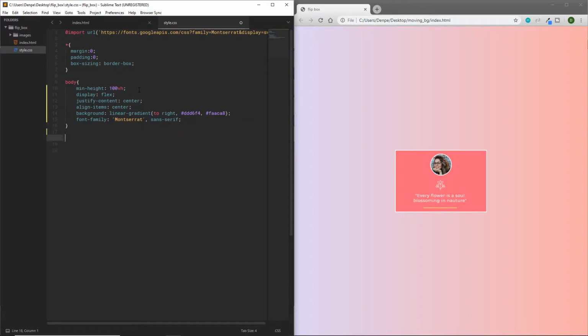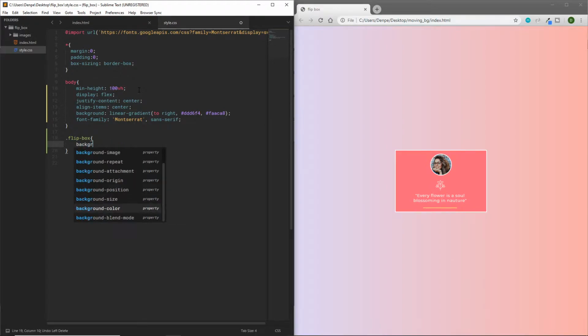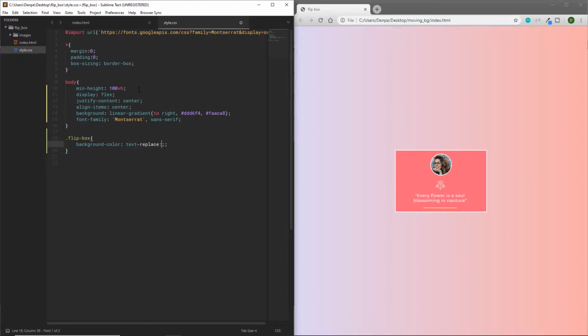Okay, so we're going straight onto the flip box itself. So flip box. This is going to have a background color of transparent. And it's going to have a width of 300 pixels. It's going to have a height of 200 pixels. And it's going to have a perspective